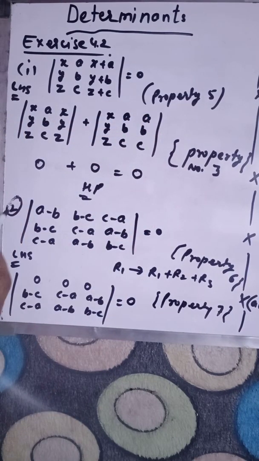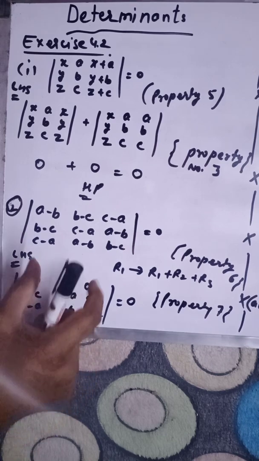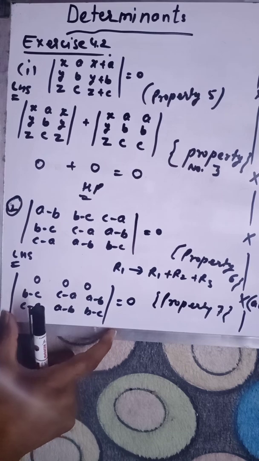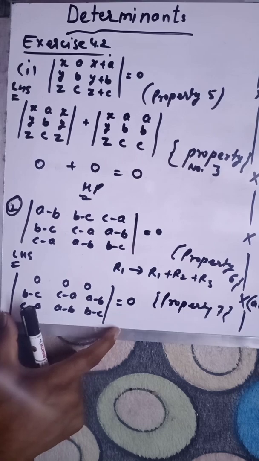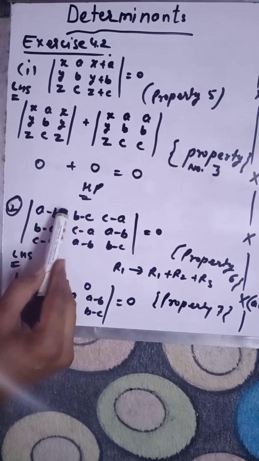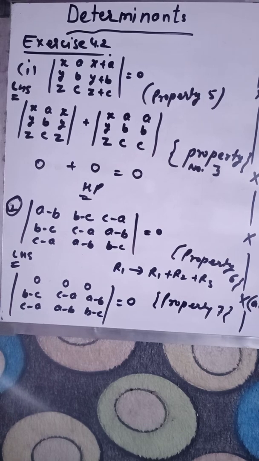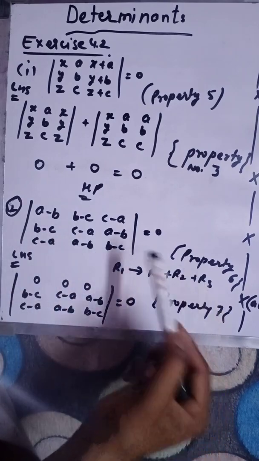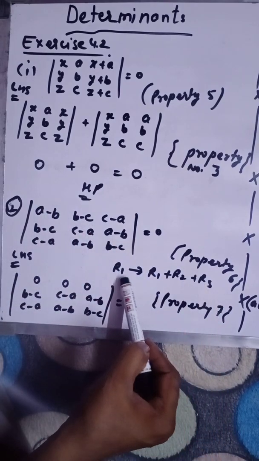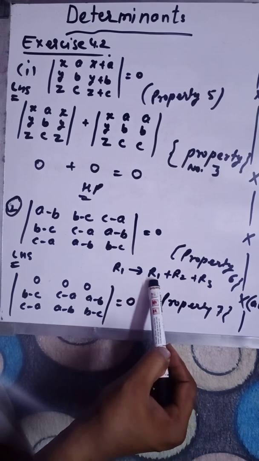Now the second question of this NCERT. We have to show that this determinant equals 0. Take the left hand side; you copy the question first, then this is your second step. I'm not writing the first step due to lack of space, again I'm saying. In the second step, I'm applying property number 6, in which we can add any rows or columns. So I'm changing row R1 to R1 plus R2 plus R3.